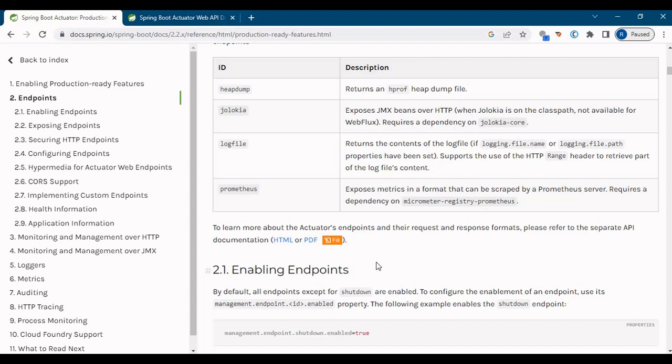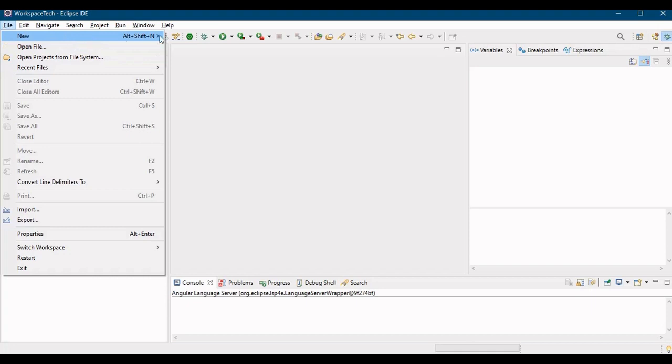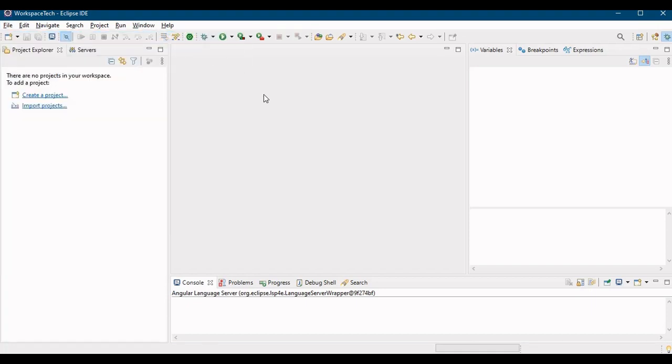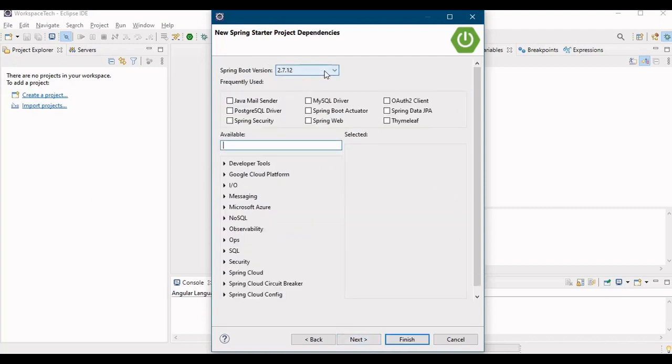We'll write the code of a hello world example, right? Let me take you to the IDE and let me make a new project, a Spring Starter project. Actuators implementation, right? And then we have Java version 8 and our package is defined as com.spring.implementation, no issues with that. We need the Spring version